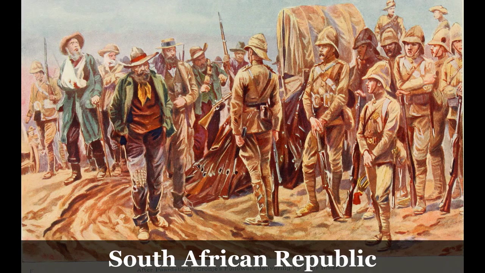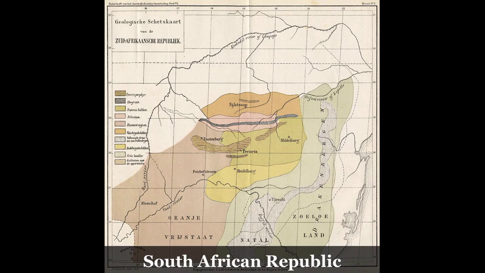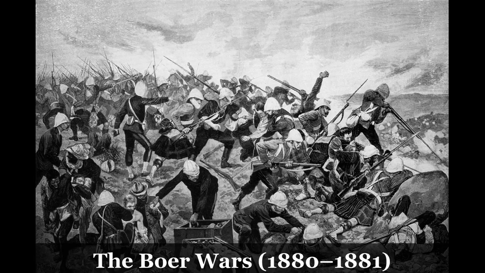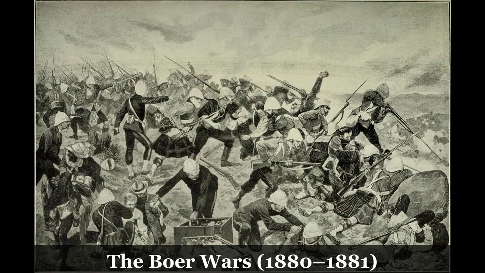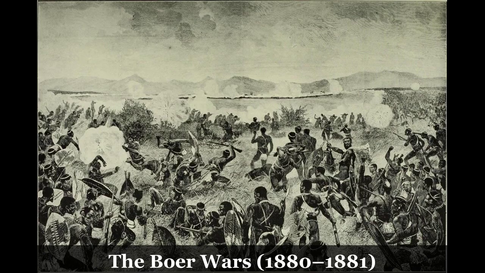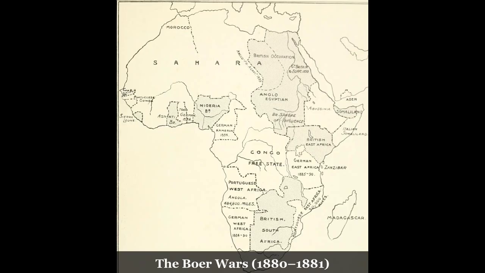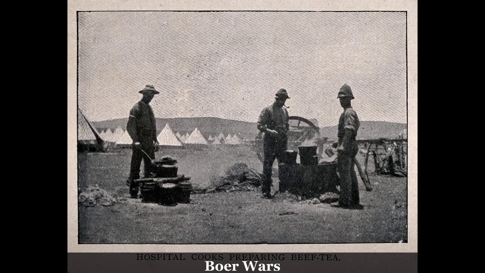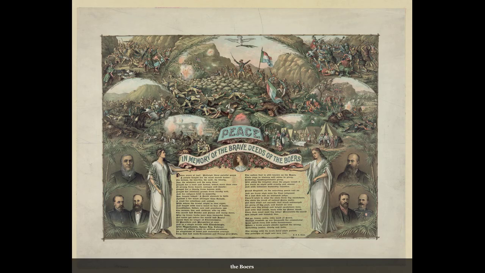The annexation of the South African Republic by the British in 1877 was a watershed moment. It sparked widespread discontent among the Boers, who saw this act as a blatant disregard for their sovereignty. The British justification for the annexation, based on the need to stabilize the region and protect it from the Zulu threat, did little to alleviate Boer concerns about their future under British rule. The Boers, determined to assert their independence, began to organize themselves militarily, while the British, confident in their superior firepower and organizational capabilities, underestimated the resolve and cunning of their adversaries.